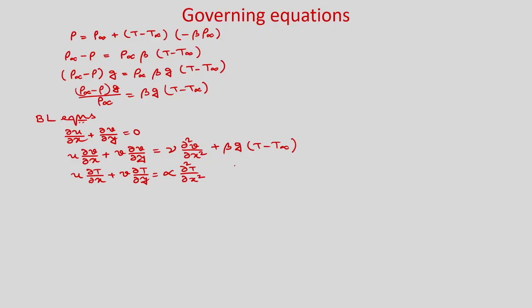So, these are the equations. Now, we will do the scale analysis and we will try to find what is the order of heat transfer coefficient and the Nusselt number, and which forces are dominating for high Prandtl number fluids and low Prandtl number fluids for constant surface temperature. So, first we will consider the uniform surface temperature case, then we will find the order of magnitude of this heat transfer coefficient and the Nusselt number.